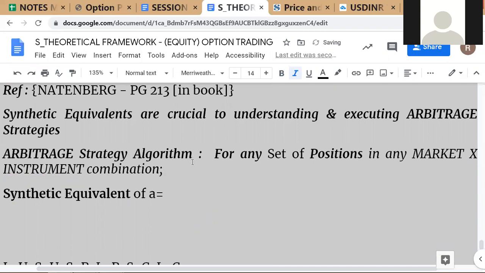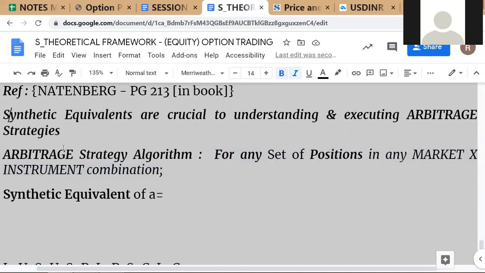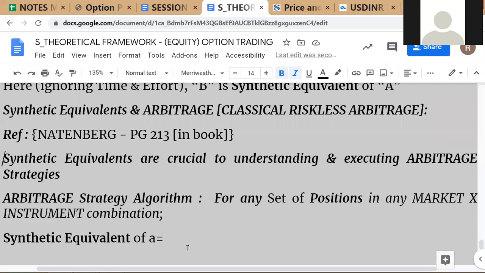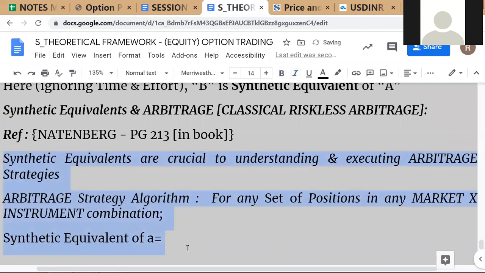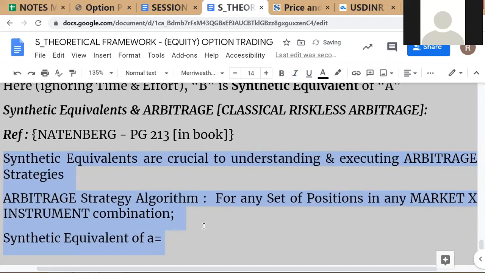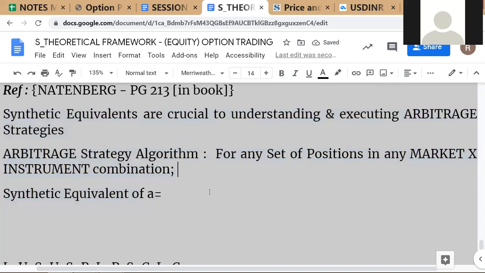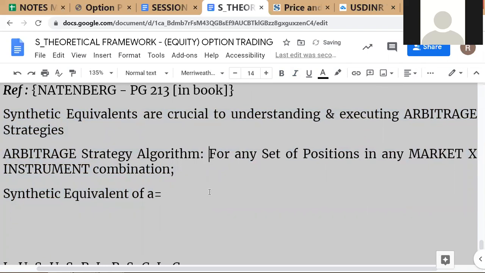For any position or set of positions that you look at, for any set of positions in any market instrument combination, which we can put in brackets because it's always understood that any position has to be in some market instrument combination. Any set of positions,